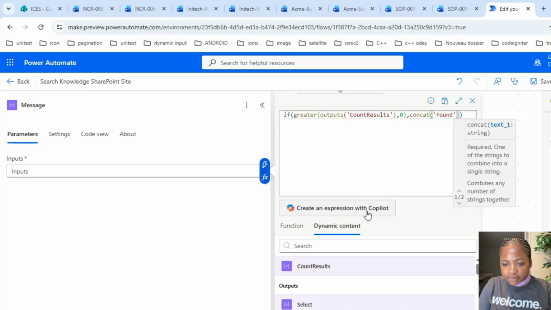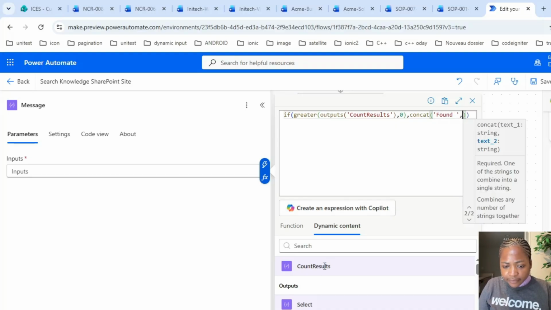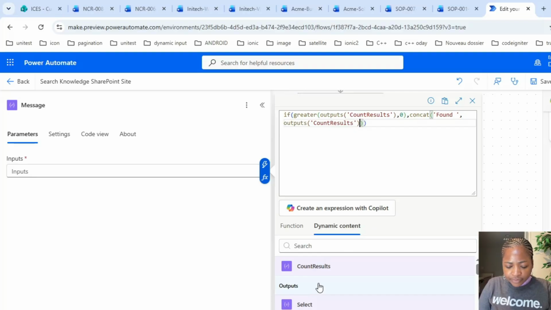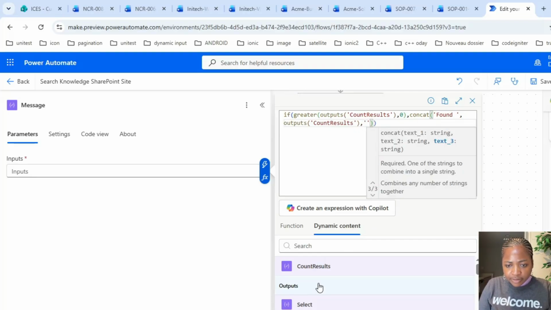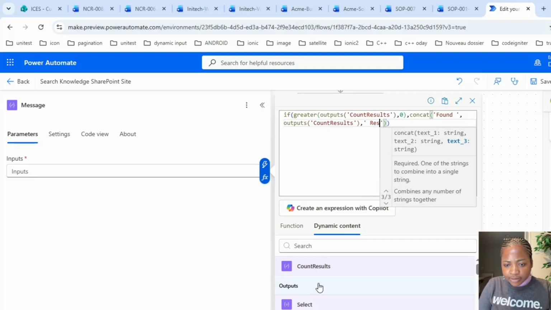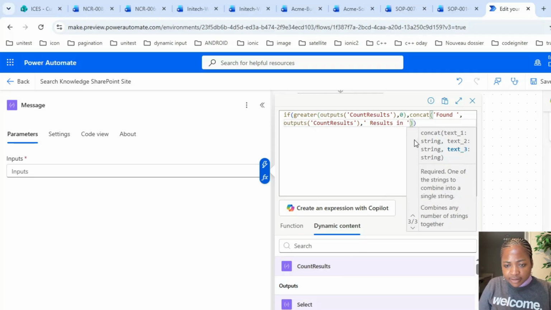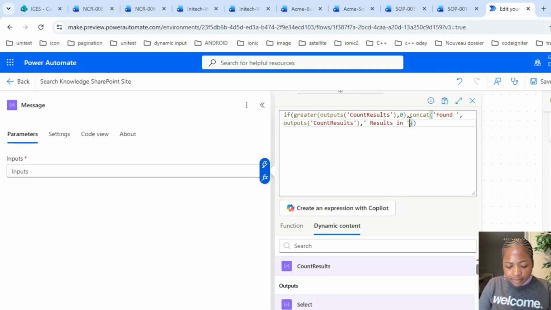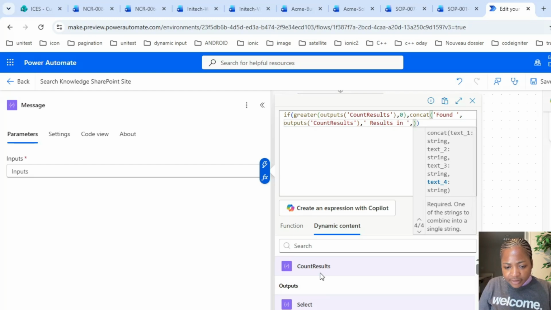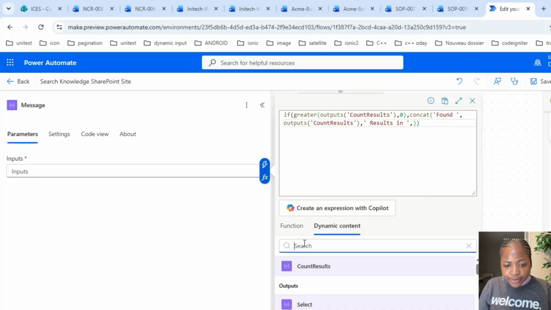Found, put the space, we put the length, we put again the space, we put results, and we put in. Now we put the site,